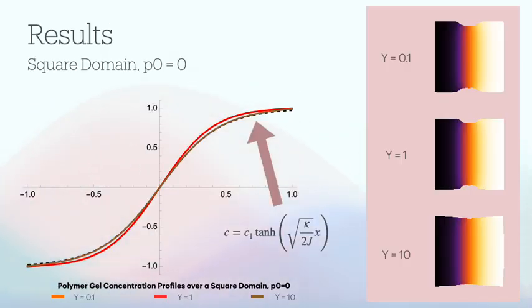In this slide, we can see some of the results when there is no swelling pressure, or P0 equals 0. On the right, visuals of a square domain are shown after the shape and field optimization performed by Morpho. The light colors indicate a higher concentration of water, aka a swollen phase, while the dark colors indicate a lower concentration of water, or a deswollen phase. You can see the differences in the images to the right between when the Young's modulus is set as 0.1,